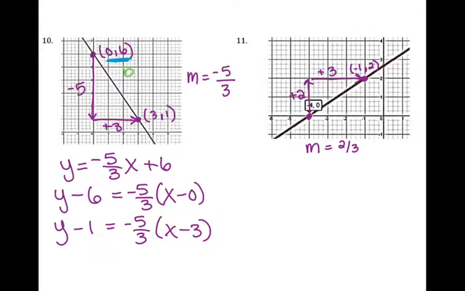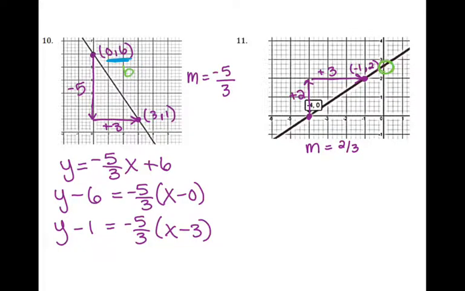Now, if I look at these 2 points, neither of those points are the y-intercept. Your y-intercept is actually right here. And on the graph, I can see that it's in between some boxes. So I don't know exactly where that point is, so I'm not going to use my y-intercept to write the equation. Instead, I'm going to use point-slope form since I have 2 other points, and I can use that to